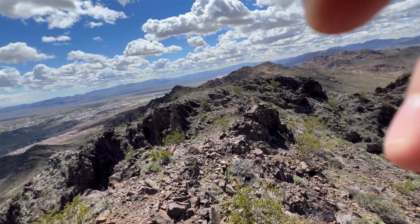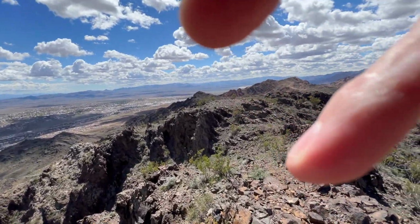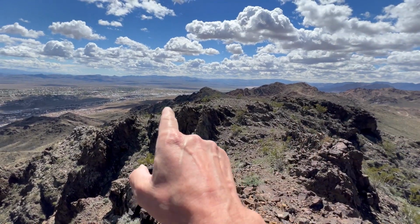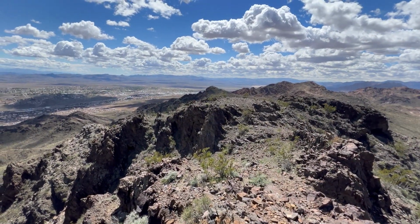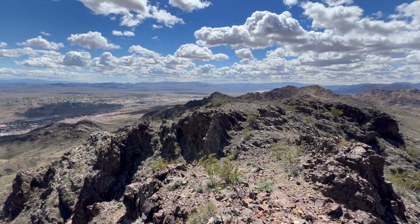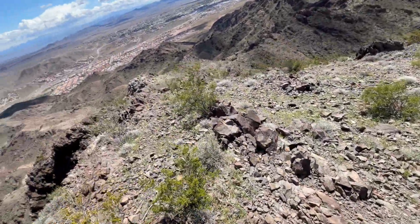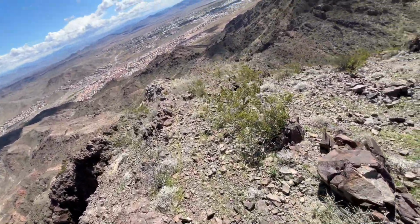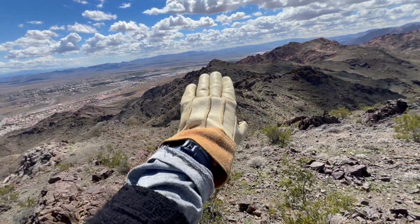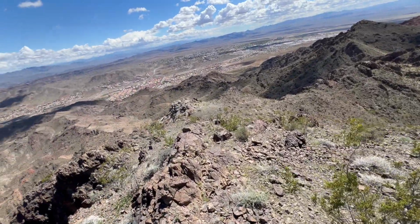Okay, to complete the loop and make my return, I need to make my way to the Black Mountain Overlook Peak. I made my way south a little bit from the peak so I could take a look at the terrain. So I need to get to the Black Mountain Overlook Peak over there, and to do that,